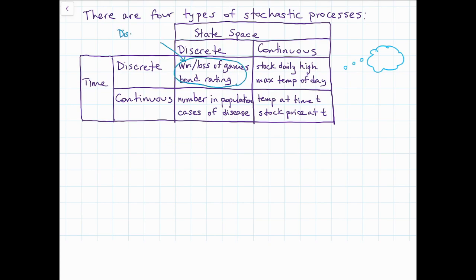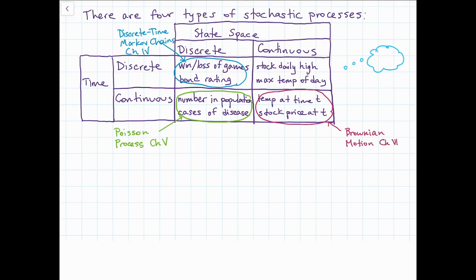When we look at that first case there, discrete time and discrete state space, that's what we call discrete time Markov chains, or DTMCs. That's what we'll be looking at in chapter 4. Down here, with the discrete state space but continuous time, we have an example that could be a Poisson process, which we're going to be looking at in chapter 5. There are other processes that are not Poisson, but that's the one we're going to be looking at. And then finally, in the continuous case, an example of that would be Brownian motion, which we're going to be discussing in chapter 6. We're not actually talking about that fourth case. There's some neat stuff, but it doesn't really fit into the course. So this is kind of a preview of the whole rest of the course, chapters 4, 5, and 6, looking at these different types of stochastic processes.